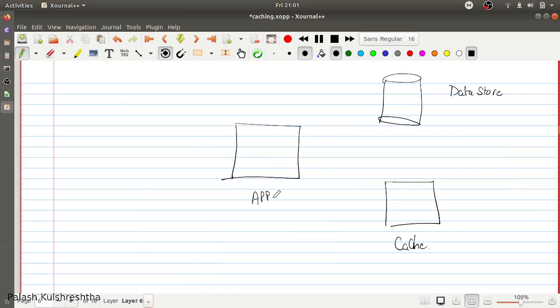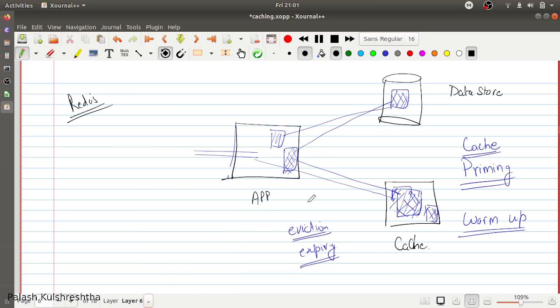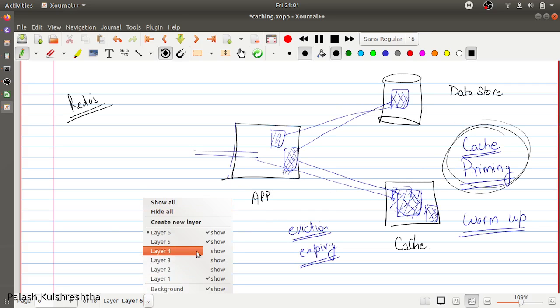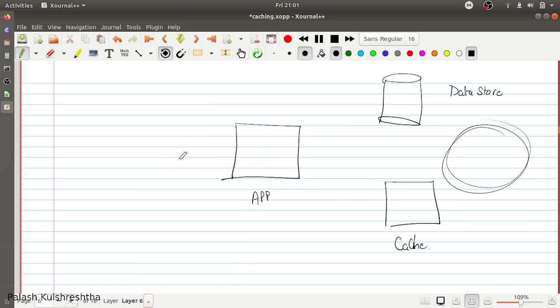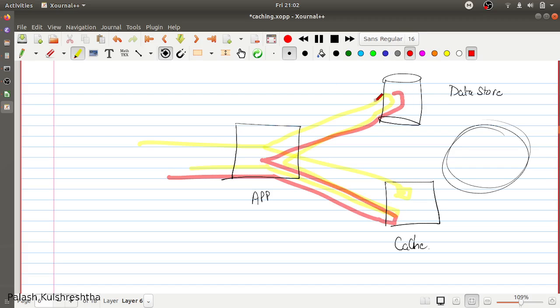Now we have just seen that we can do cache priming, in which we are intentionally storing the data. If we do not prime the cache, what happens is your read traffic comes, it accesses the cache, the data is not present, it goes to the database, comes back to the application and serves the data. Then your data is stored in the cache. Similarly, another request comes, it checks the cache, it is not present, it goes to the database, it retrieves the data and it is returned, and after returning it is stored in the cache.